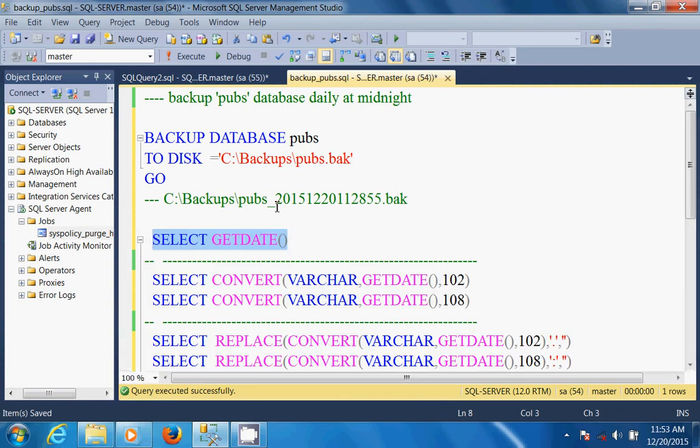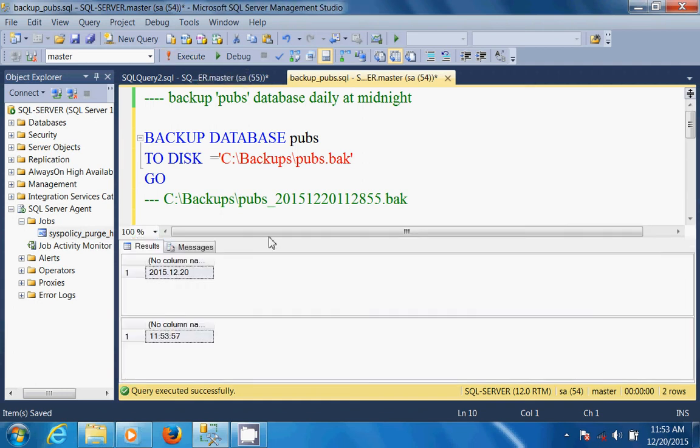So for that we need some built-in functions. Those built-in functions are CONVERT and REPLACE, to generate this type of string. For that I'm using these strings to generate the times. See here, using GETDATE, the first select statement creates only the date, the second statement creates only the time.